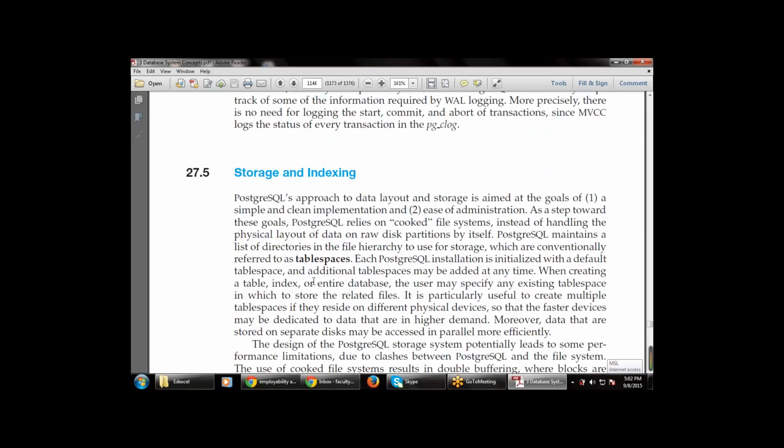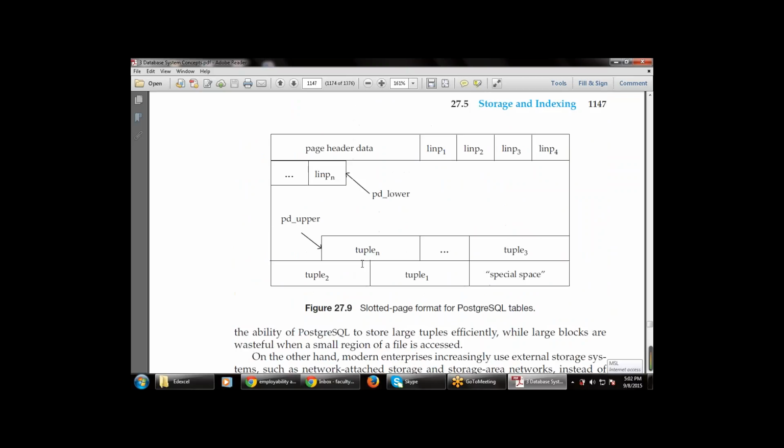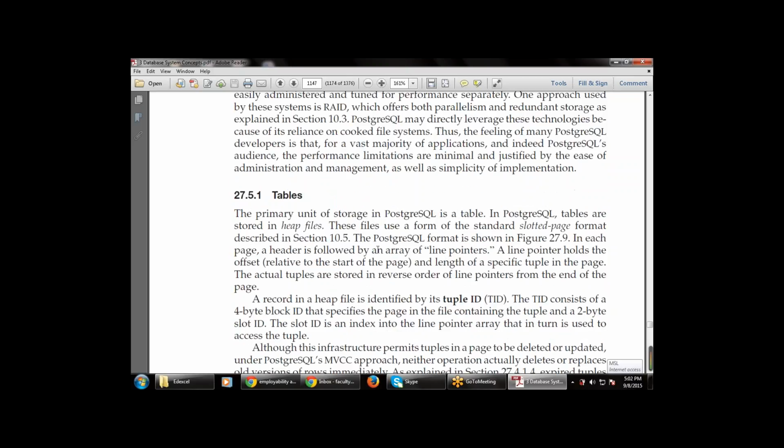Next is the storage and the indexing, that is how the data is stored in the table spaces. This is one of the examples, that is how the data will be stored in the table. First is the table. The primary unit of storage is a table. So the primary mode of storing the data in PostgreSQL is the table,